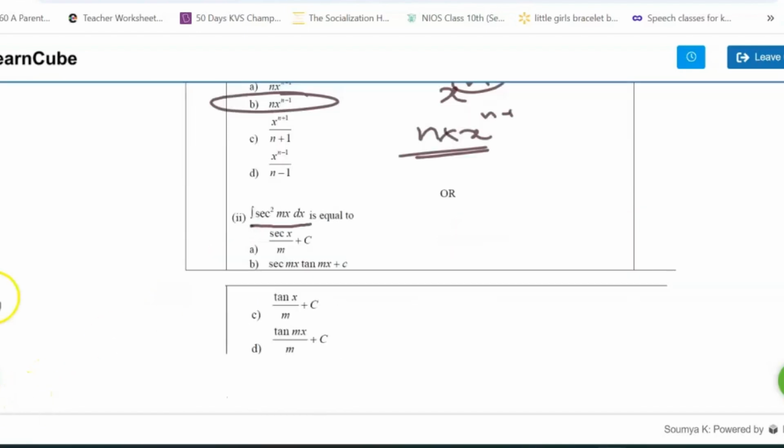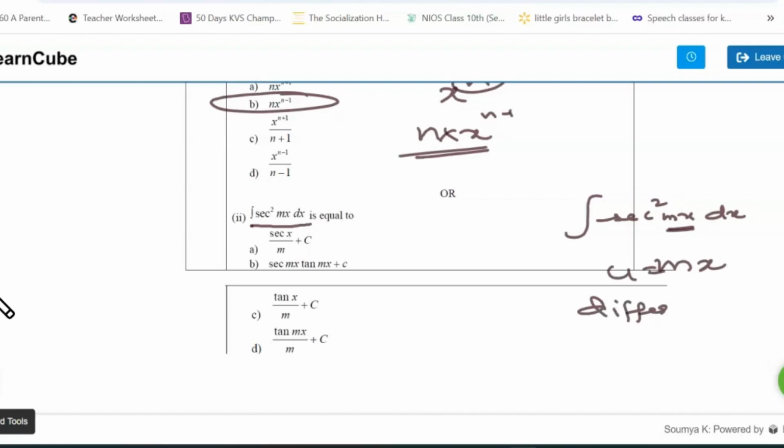First we are going to write integral of sec square mx dx. You have to find the solution for this one. So here we are writing mx as u. Okay, so u is equal to mx. Now we are going to differentiate to get that